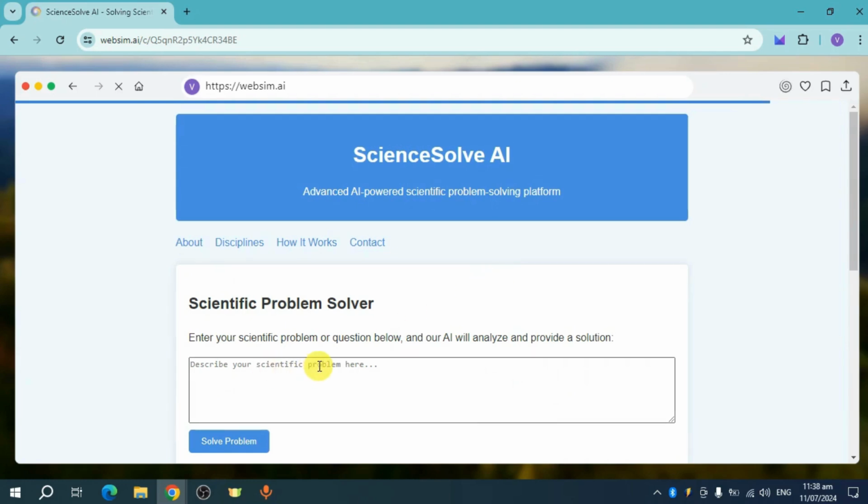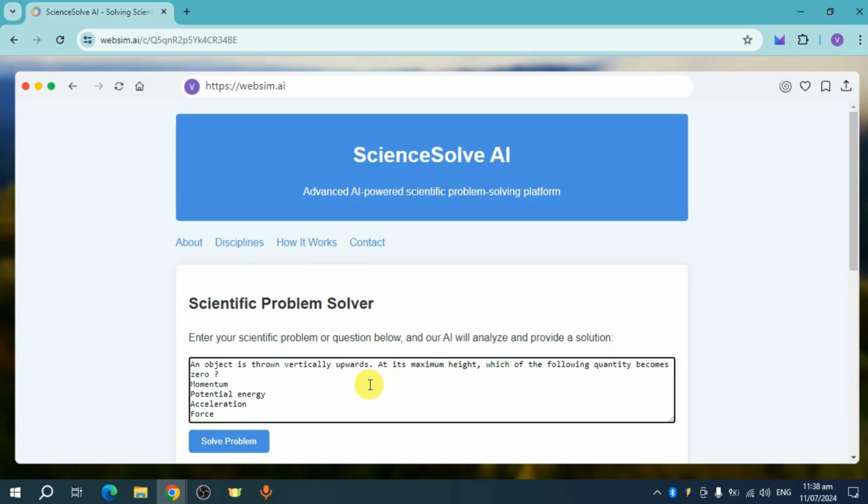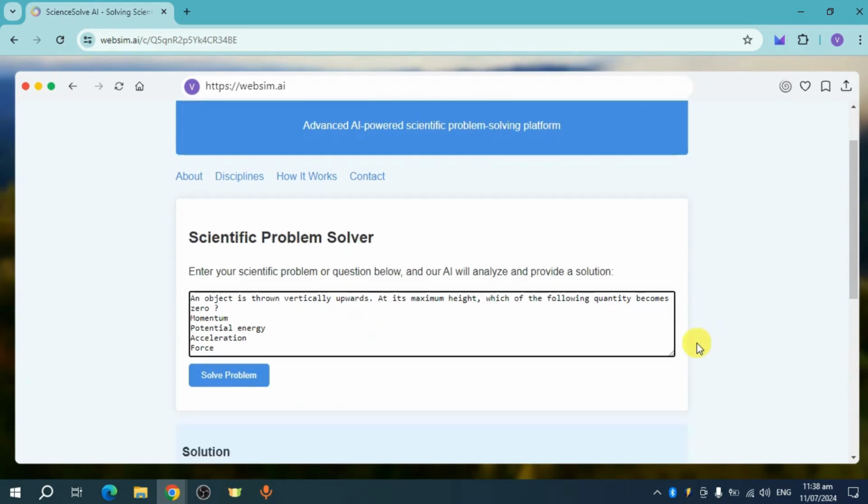and you can head over and describe your scientific problem. So I have added right here a physics question, and you can click on the solve problem right here, and then this particular application will solve your problem. It will only take some seconds as well, and you should be able to see it